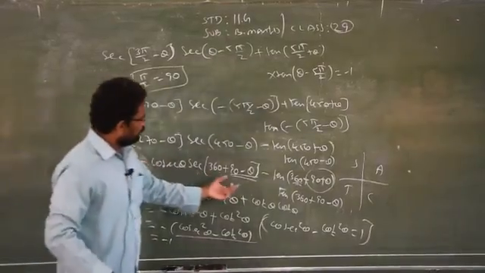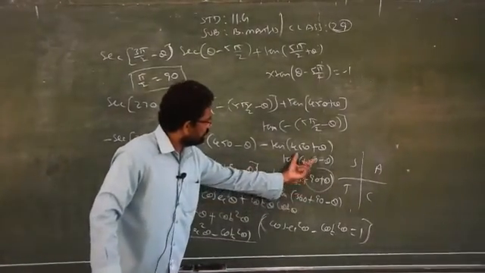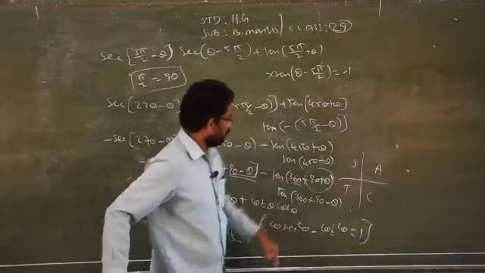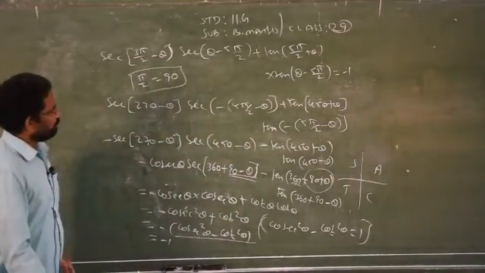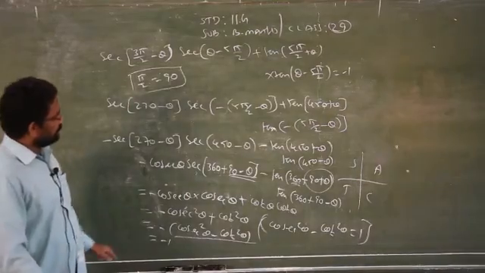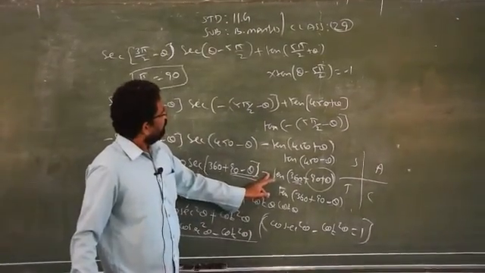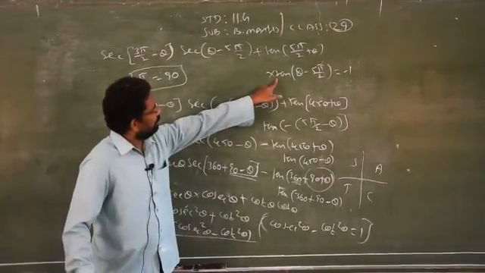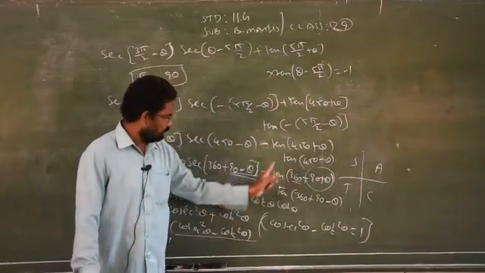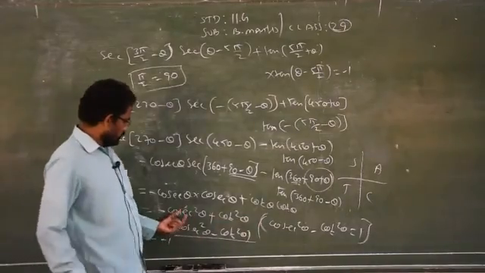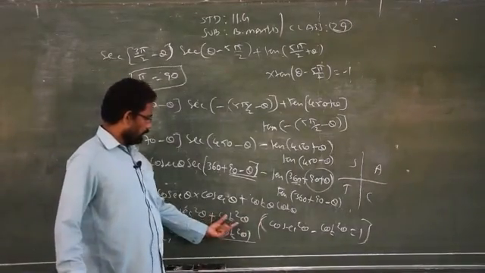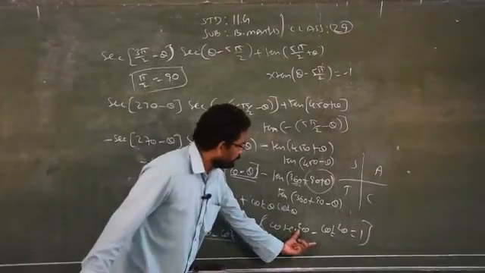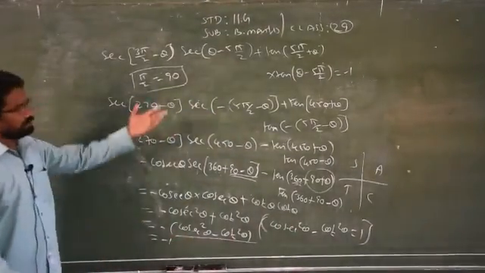So be careful, I might have made some changes. Be careful, 90 plus theta, it falls on second quadrant, that will carry minus sign. Therefore you have to see that properly the sign and proceed. Clear? Already we have a negative sign, minus into this one more minus, that is plus. So you will get cosecant square minus cosecant square theta plus cot square theta. You take minus 1 minus outside, by applying this identity you will get minus 1, hence the proof.